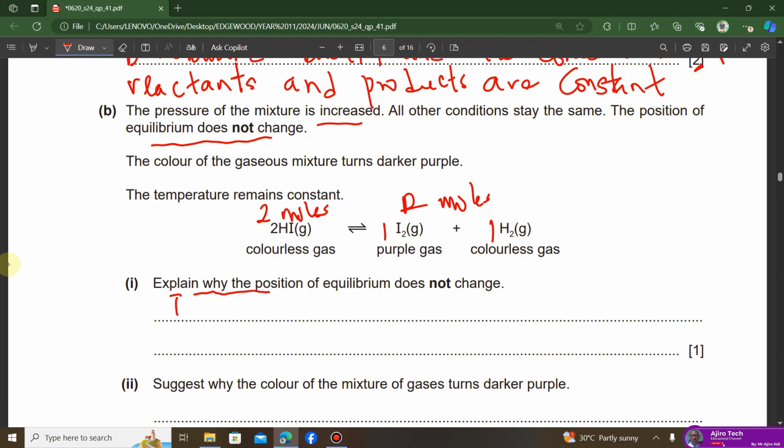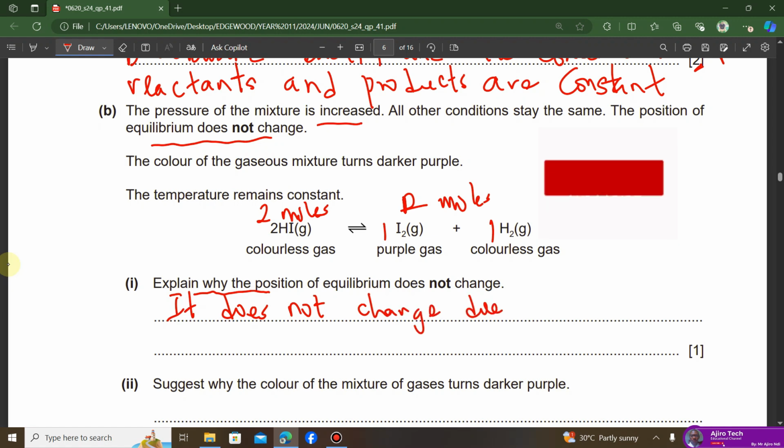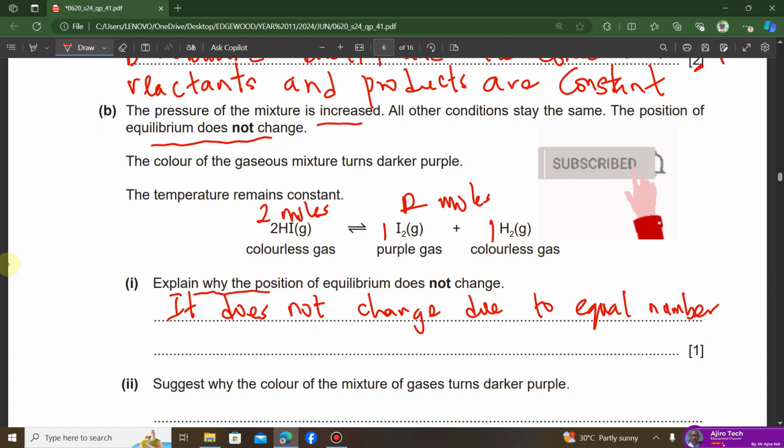It does not change due to equal moles of gaseous reactants